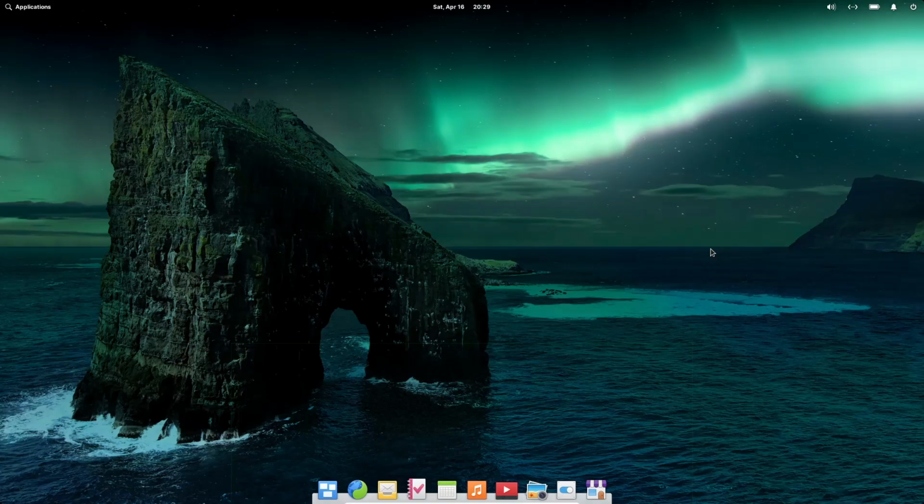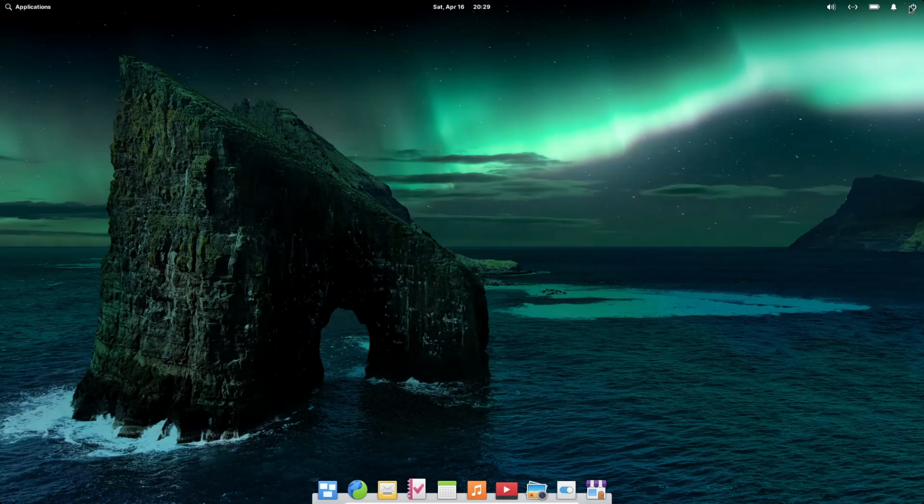The first operating system we're looking at today is Elementary OS. Now this is the Pantheon desktop environment and it's based on Debian. It used to be based on Ubuntu, but no longer. As you can see, it is a very beautiful desktop. You've got your dock down here on the bottom. You got your single panel up top. It gives you that macOS feel. So if that's what you're used to, you would feel really comfortable inside this operating system.